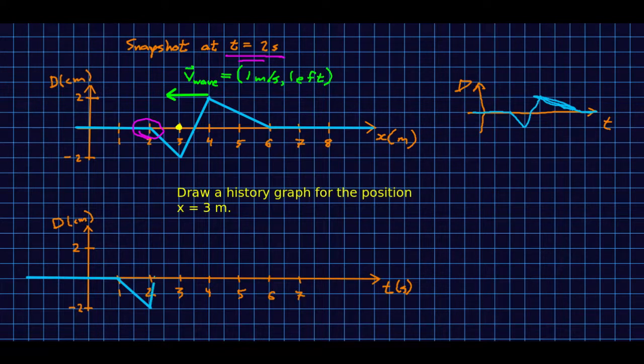The rest is going to be just the same shape as the snapshot of the graph itself. And so you see, in this case, the history graph isn't flipped right to left relative to the snapshot. And we reasoned that out just by thinking about which side of this wave is the leading edge, because the leading edge has to match what happens early in the history graph. So I'll just comment, this is going from a snapshot graph to a history graph. Going the other way from a history graph to a snapshot graph for some reason is harder, and we'll practice